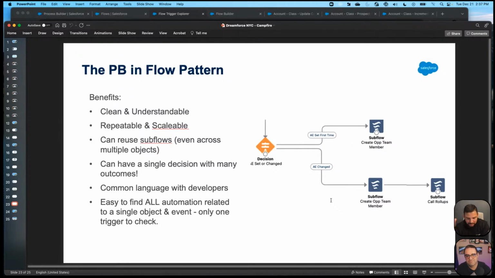So the benefits of all of this really is it's clean, it's repeatable. We can reuse that logic. We can build our classes as subflows and call them from multiple objects if we want to. The nice thing is those naming standards, this gives us a common language that we can share with developers. We're using triggers and handlers and classes, and it elevates us as admins and us as architects and us as designers.